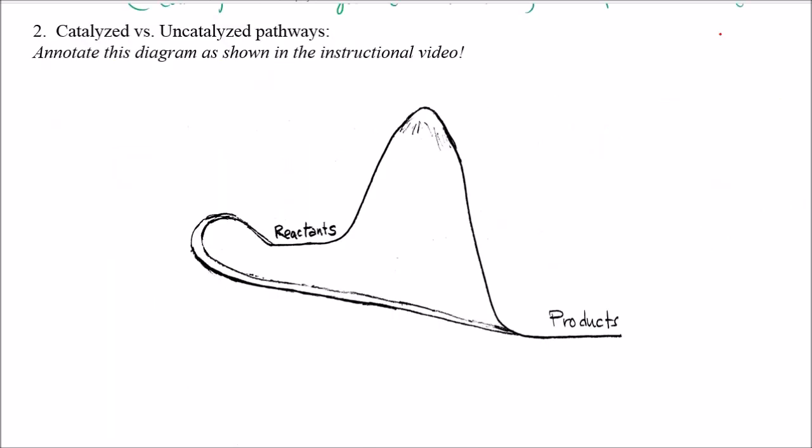Alright, now 2 has this interesting diagram. I'm hoping this looks to you like a mountain. You can see we have reactants here in the middle and products here. So this is very much like the interactive physics simulations. This is the uncatalyzed pathway here. It's a high mountain, large energy barrier,